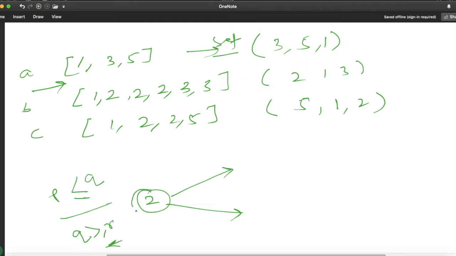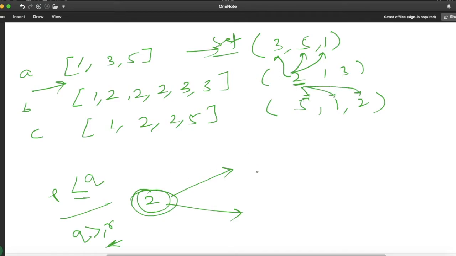For this value 2, to get the value of P, we have to check each and every element one by one, and same goes in C. You have to check each and every element one by one for a single element.